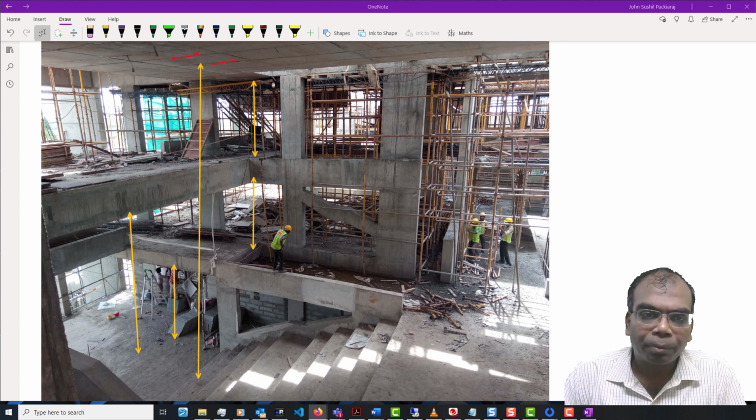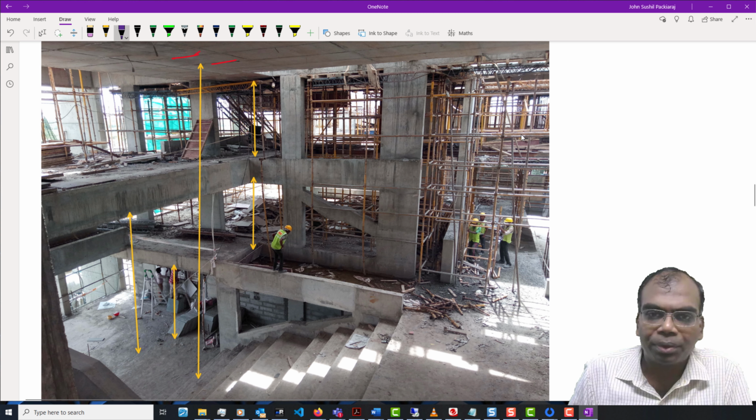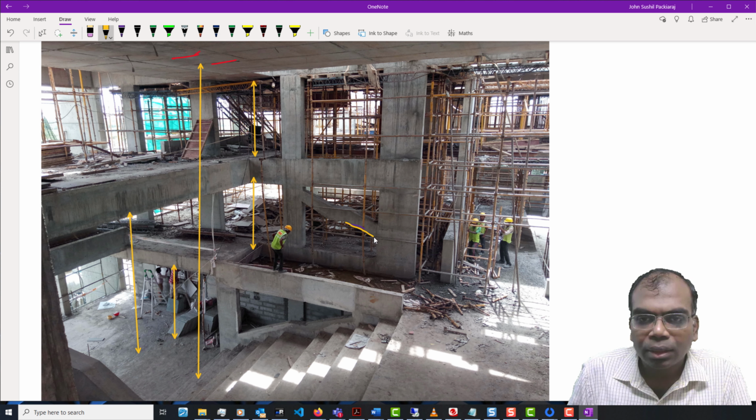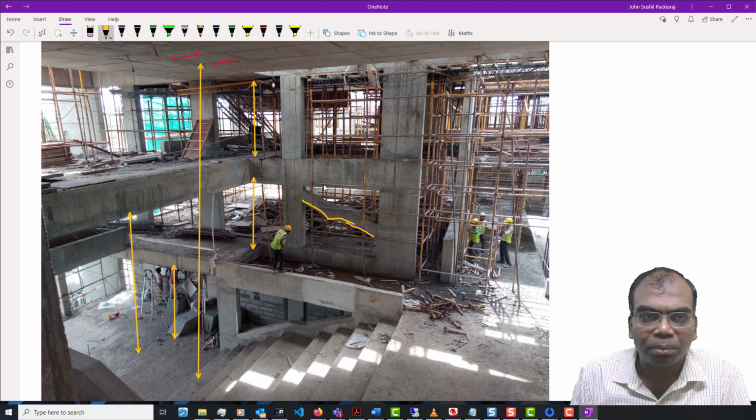Another thing I'd like to point out, let me use a brighter color, maybe the same yellow. Look at this. This is inclined, right? This is an inclined portion, so it will definitely not have the same ease of keeping a shutter as in other places.